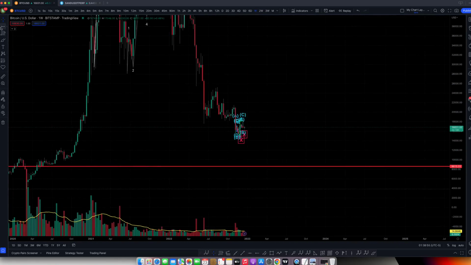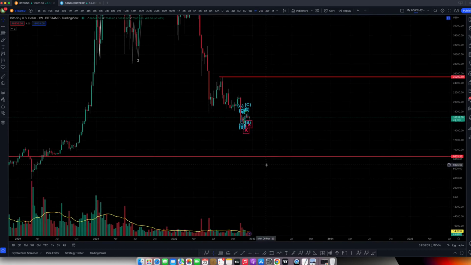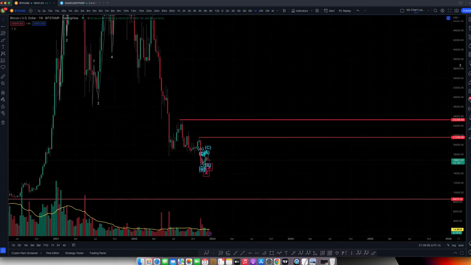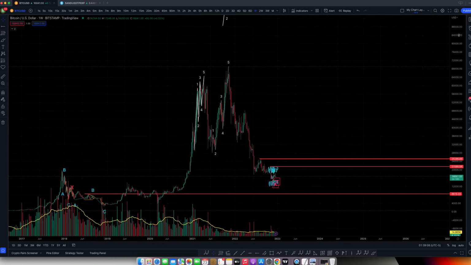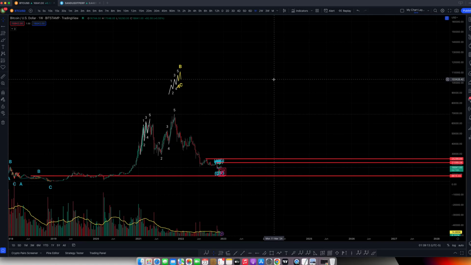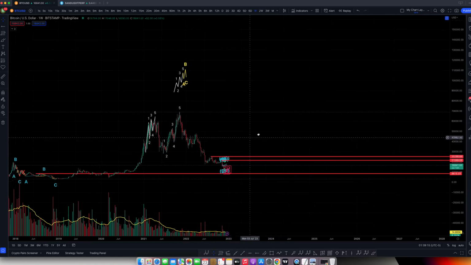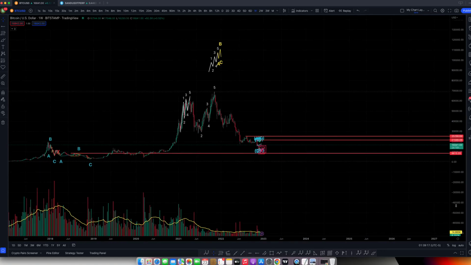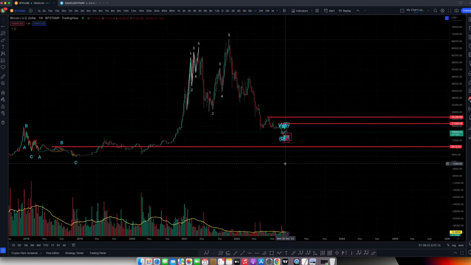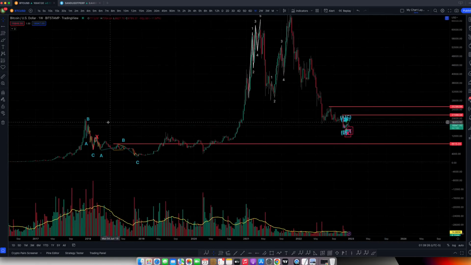We should get some break of structure, right? At some level. So even if it goes down, maybe to 10,000 to 12,000 areas, and then we see some structural break, even after that we will have a lot of time, because the next bull market is going to be huge, right? So we'll have a lot of time to trade. So don't get bored, don't get distressed, or I would say don't lose interest here, but try to just understand that we are in sort of a market